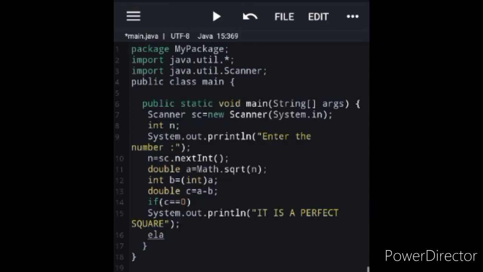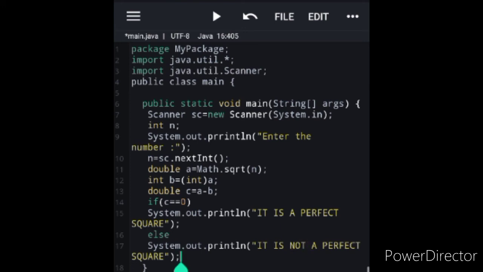Else we can say it is not a perfect square.